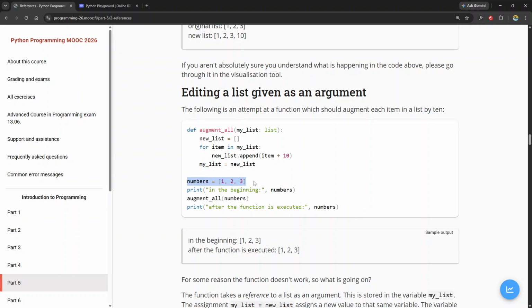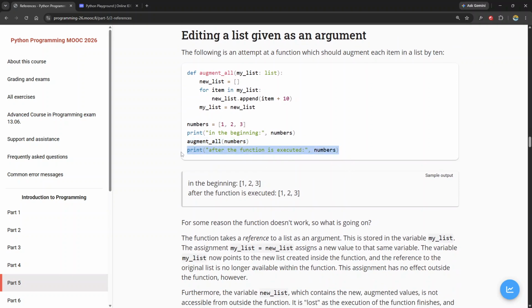Now we declare a new variable here called numbers, set that equal to this list, and we print the list in the beginning. Then we put our list through the augmentAll function, and when we print, we get 1, 2, 3. Now why is that? Because even though myList is pointing to newList,